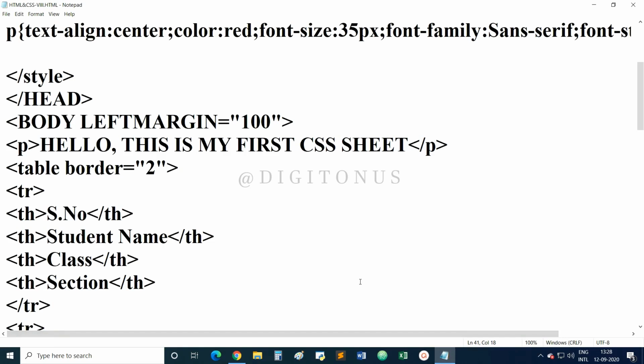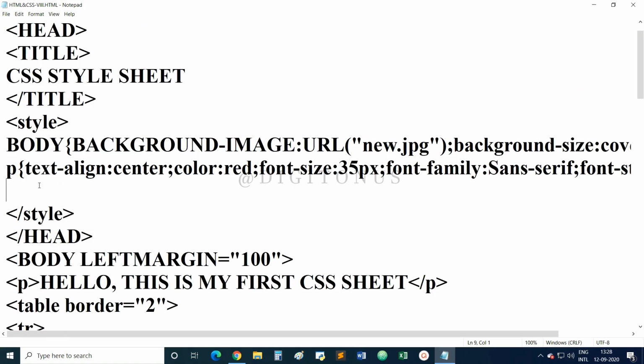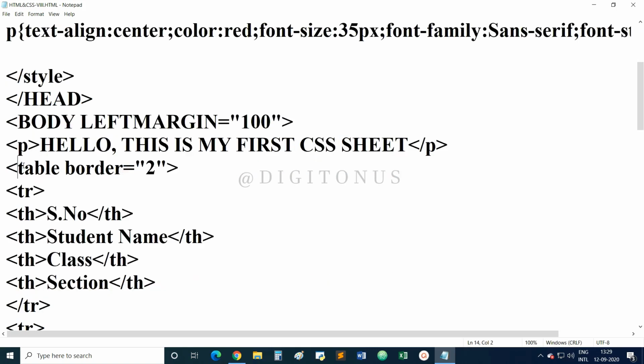Now next, what we can do is enhance the appearance of our table. For this, we will go to the style sheet. The table we have created, now we will enhance its appearance. For this, we will go to the style sheet. We have used a table attribute, and now I am removing this particular border attribute, because we will use this in the CSS part.